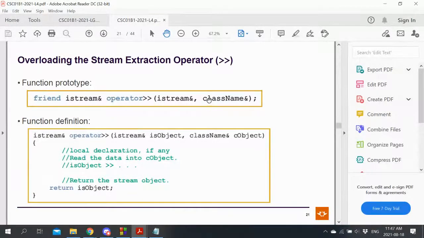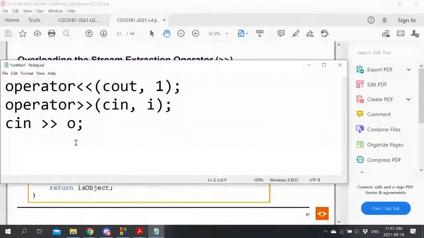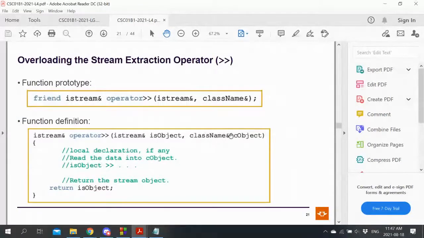One thing to also note with this one here, the whole point of streaming into a class, let's say we're streaming into O, we're going to put stuff into O, we're going to modify it. So it has to be, again, a non-const reference, because we don't want a copy of the class, and we want to be able to change it. So non-const and reference, so that it can be modified.